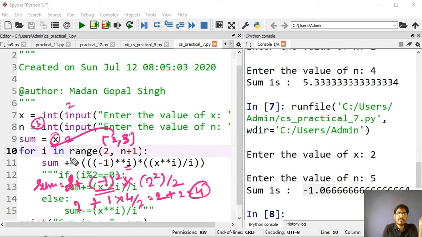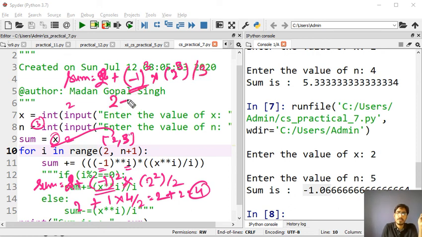Okay, next time 3 will come, so this loop will execute for 3. What will happen, 2 plus -1 raised to power 3 into 2 raised to power 3 divided by 3. -1 raised to power 3 will be -1, so minus 2 raised to power 3 by 3.